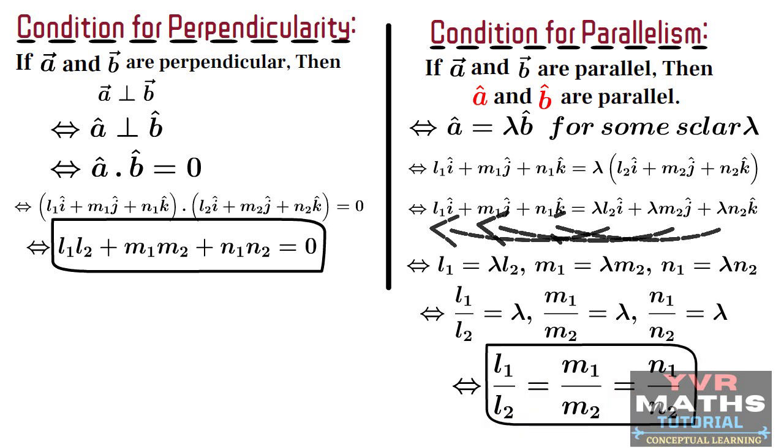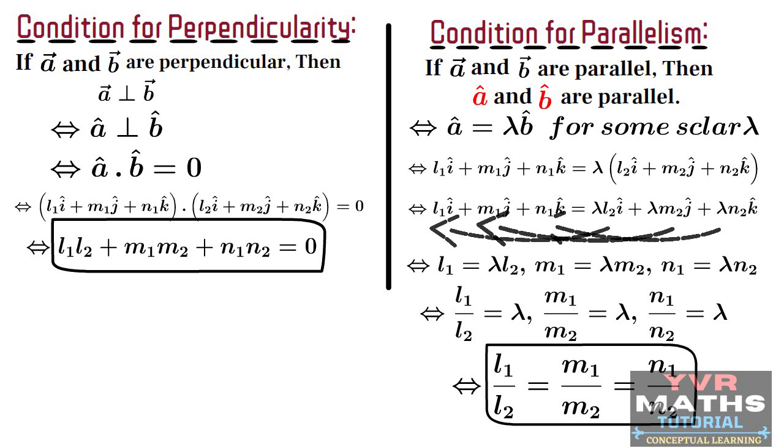Till now we discussed the angle between two lines if we know the direction cosines of those lines. What is the formula we derived? Cos theta is equal to L1 L2 plus M1 M2 plus N1 N2. That means the formula is in terms of cosine of the angle. From a competitive exam point of view, sometimes we need the angle in terms of sine, sometimes we need it in terms of tan also. So we know already cos theta.